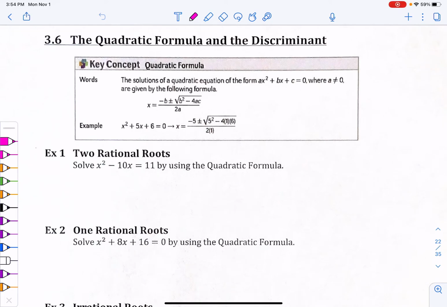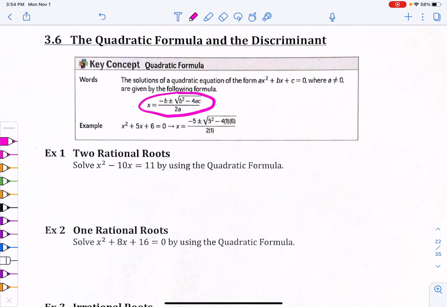Okay, my algebra kids, this is section 3.6. It is the quadratic formula, and I really would like to teach this in class to you today, but I'm gone, so you just gotta make it work, I guess. The quadratic formula is kind of a nasty, ugly formula, but,